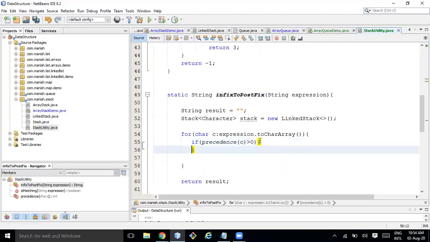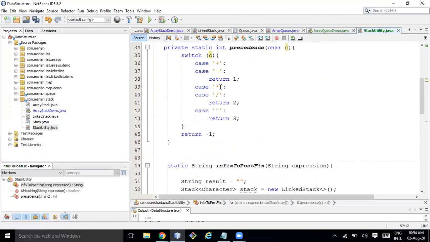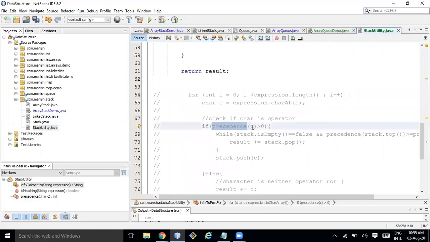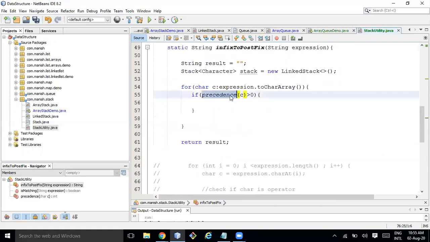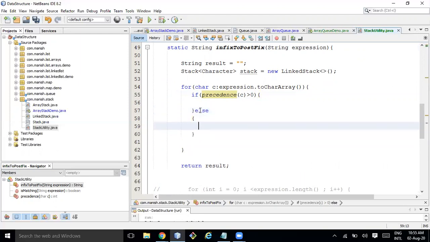If so, it is obviously an operator, otherwise it's an operand. If it is an operand, I just concatenate it with the result. If it is greater than 0, then it's an operator and I need to push it onto the stack or do something else.